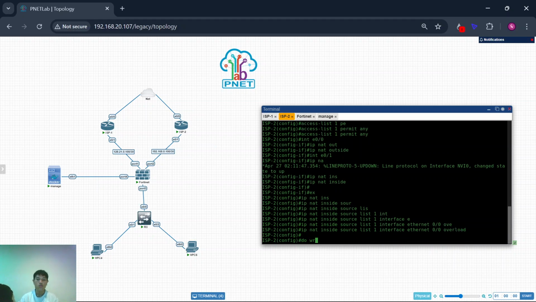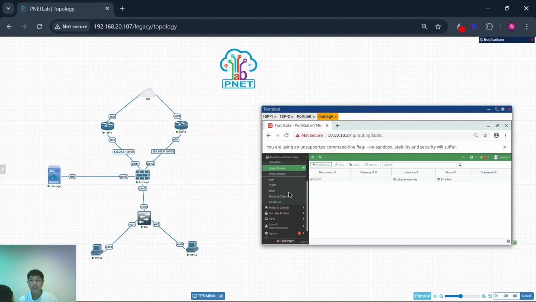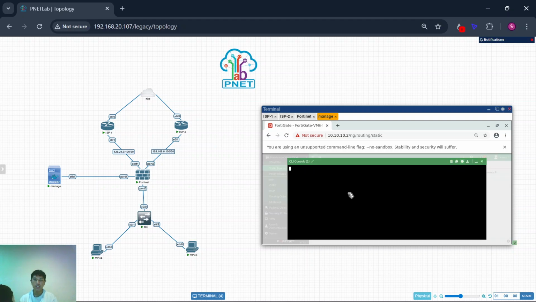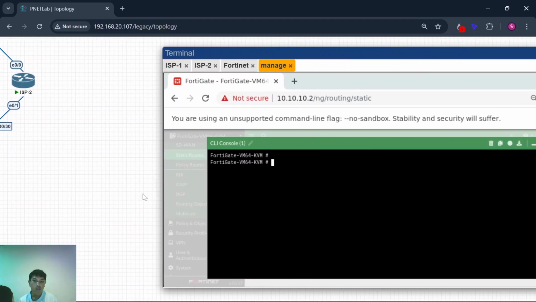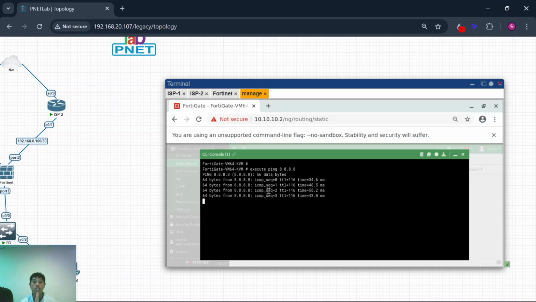Okay, done. And now you must check the interface here, the connection. Execute ping. You can see the connection can now reach the internet.